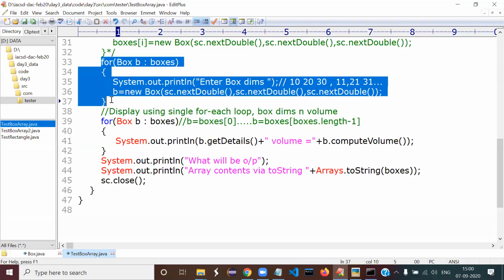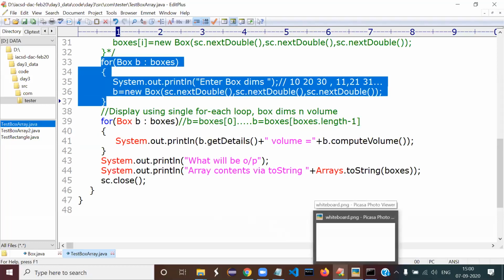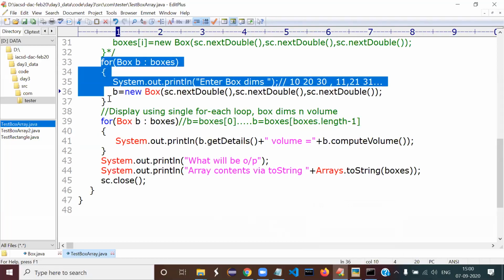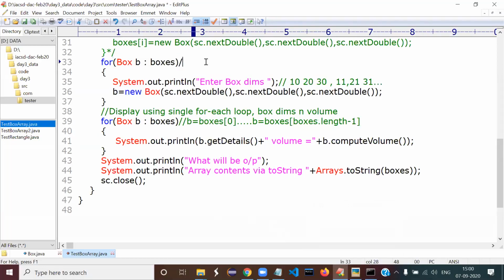When I say explain, I don't trust it otherwise. I want it with the memory picture. So can you tell me just verbally also? Let's not draw and waste your time. Here, what will be for the first iteration? B equal to boxes of 0. Pause your coding, pause your compilation, pause your running. Hear me. Otherwise, you don't understand that. So for each works on a copy. So tell me, what are the contents in B currently? Null. Boxes of 0 is having null. So that is copied in B. So B is having a value null. Now just check.